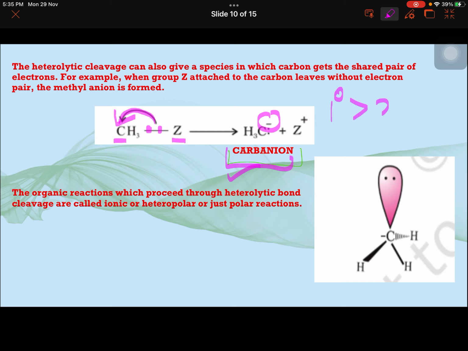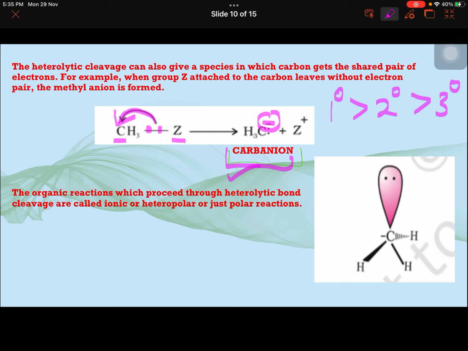Now it's very easy to understand that the stability order of carbanions will be exactly opposite. Primary most stable, then secondary, and the least will be tertiary. Because this is already having extra electrons, that's why negative charge. And in primary there will be just one R group attached to this carbon. In secondary, two R groups which are ready to give more electrons to this C. But this carbon is already having extra electron.